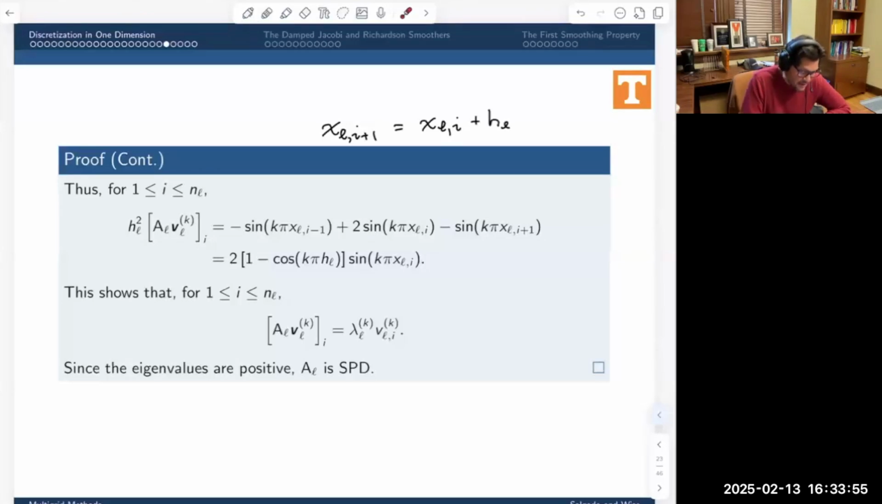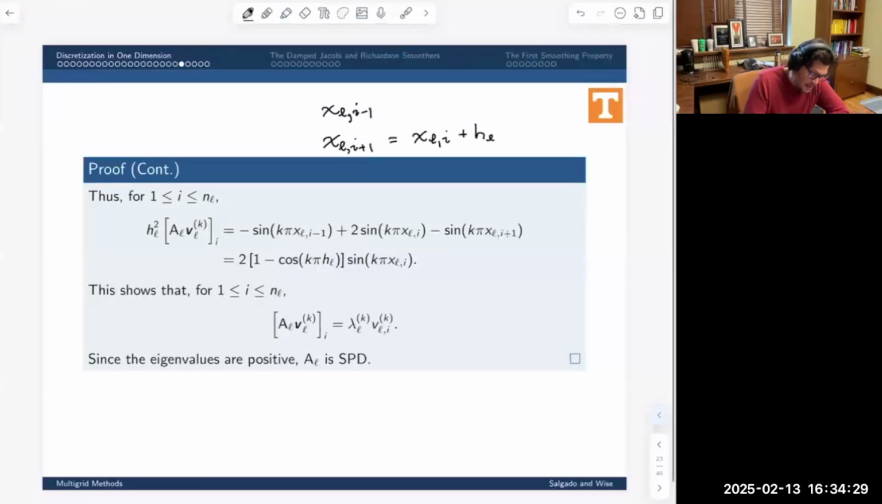What this means is if I look at one grid point to the right of where I am, it's equal to the grid point that I'm at plus HL. So this says that the neighboring grid point to XLI differs from it by a value of HL. What if I look at the grid point to the left? That's going to be Li minus 1. That's the grid point at